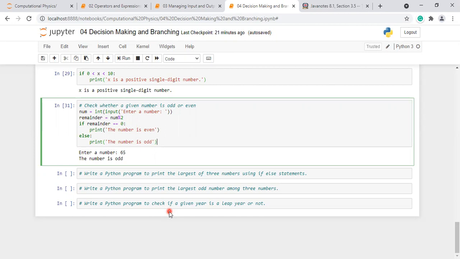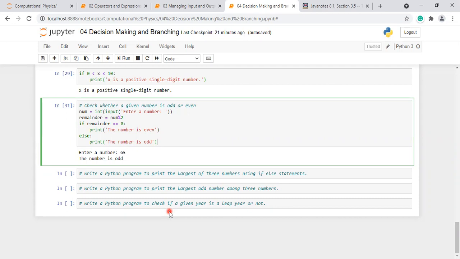I repeat, if the last two digits are 00, then it should be divisible by 400. And if the last two digits are not 00, then it should be divisible by 4.